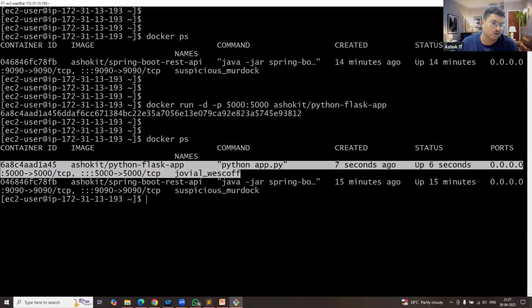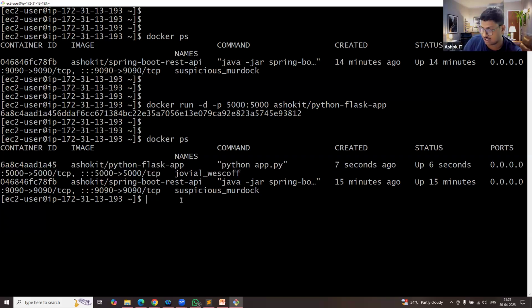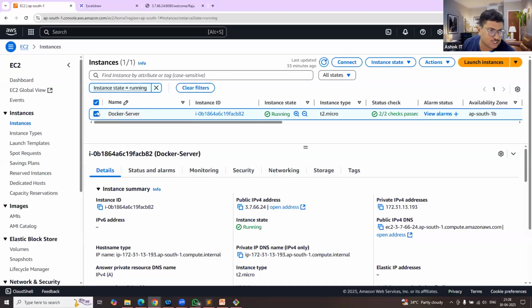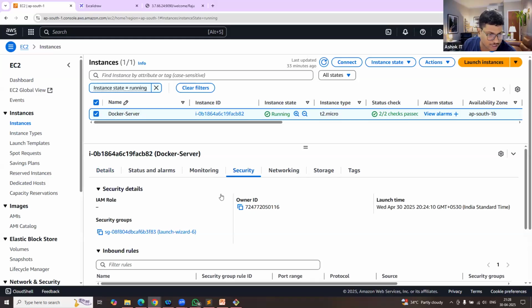Okay, good. Now, I want to access the Python application. Can we access this Python application directly, or do we need to enable the port number? We need to enable the port number. So go to the security group. What is the port number? 5000. Go to our EC2 machine, select the EC2 machine, then go to the security tab, click on this security group,